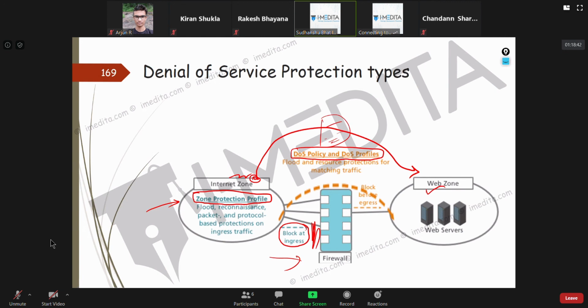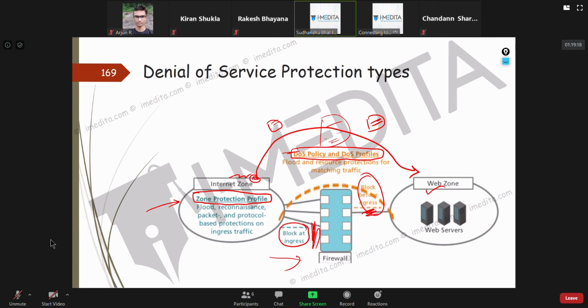When you create this DOS policy, you will have to mention the source zone and the destination zone. Ingress means coming in to the firewall, and egress is going out. So there are these two things: DOS policy and DOS profiles, which are used to block traffic before the egress.